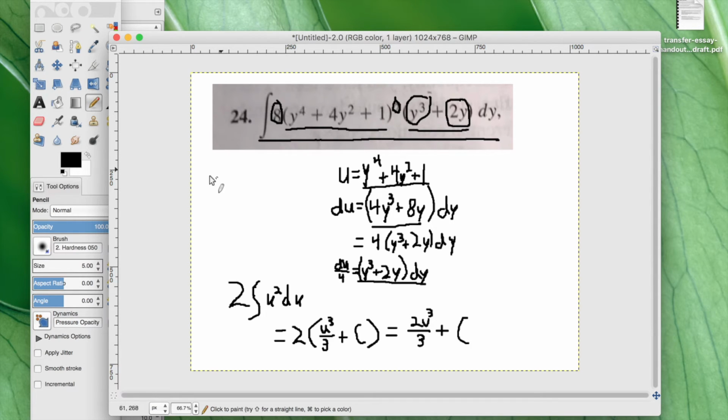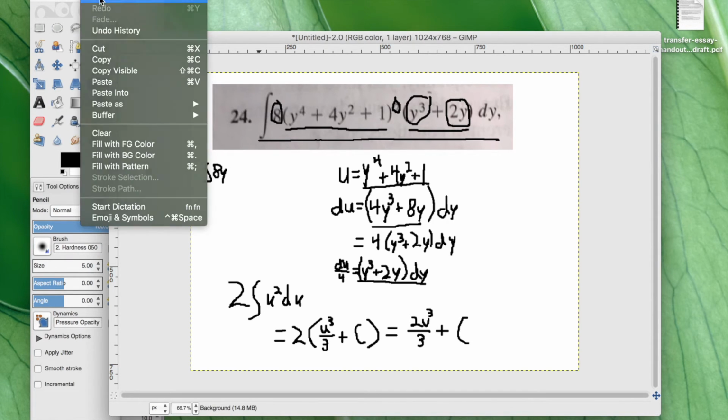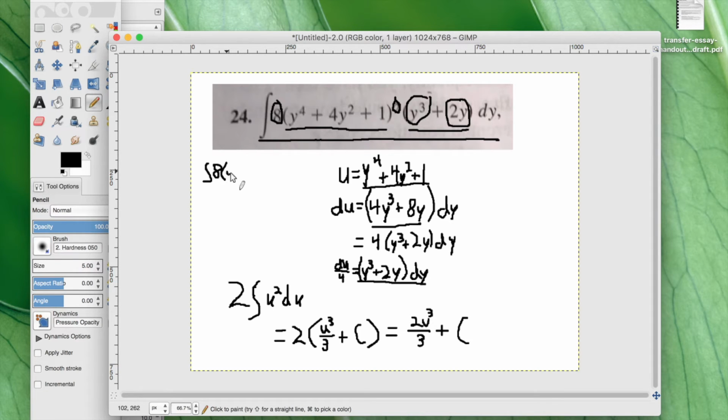So the value of the integral of 8y to the power 4 plus 4y squared plus 1, squared, times y cubed plus 2y dy